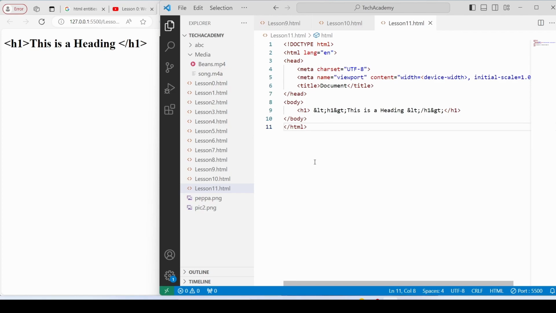So HTML entities are helpful whenever we need to write some special symbols or characters that are reserved in HTML, or that are not on my keyboard. For example, if I want to represent the pound symbol, which is not on my keyboard,